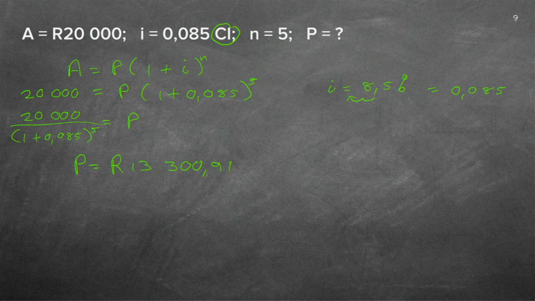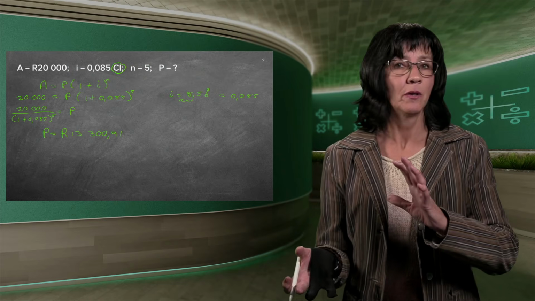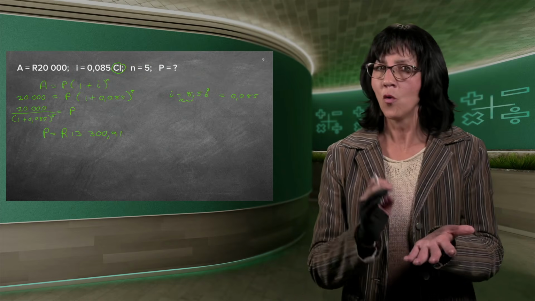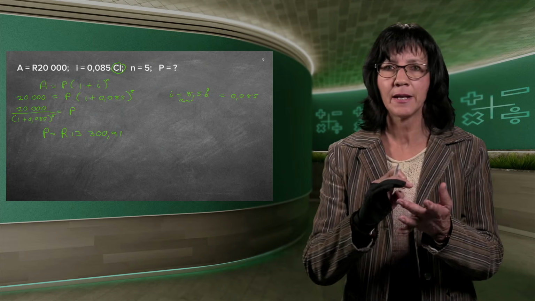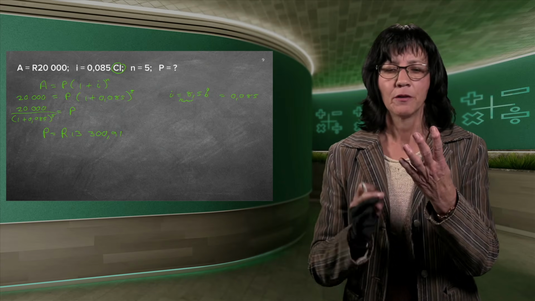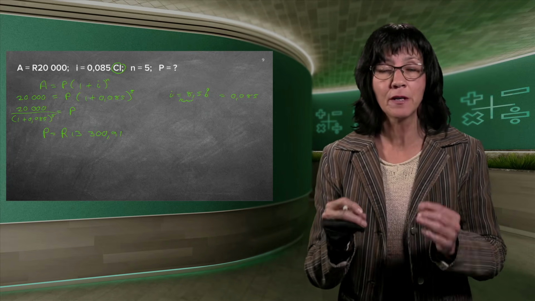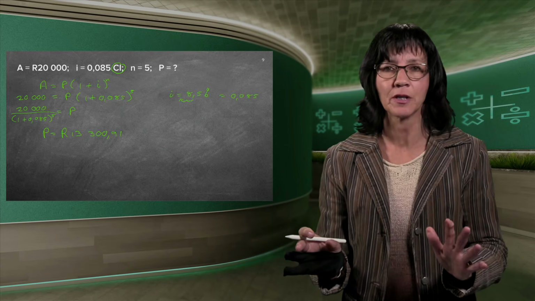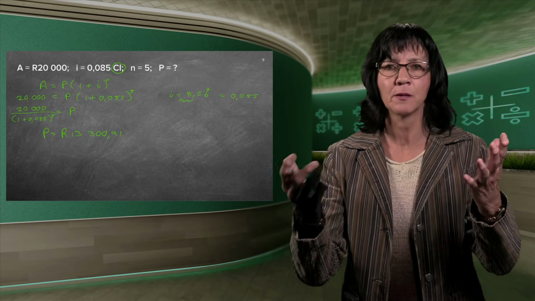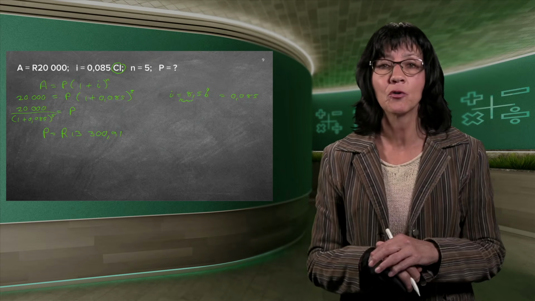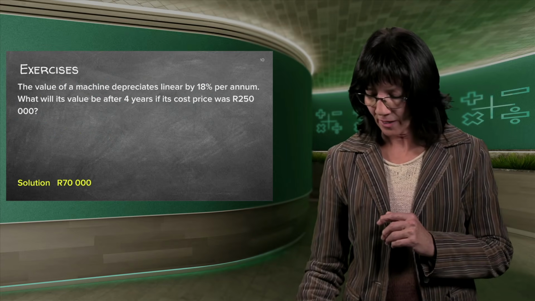So as you see, we've done now different problems. All of them has got an A, a P, an I, and an N. 4 digits. 3 of them will be known, 1 will be unknown. You must just pick the correct formula before you start substituting. Once you've got your formula, it's all done. You must just fill it in. Make sure you click correct on your calculator and you'll have the answers.